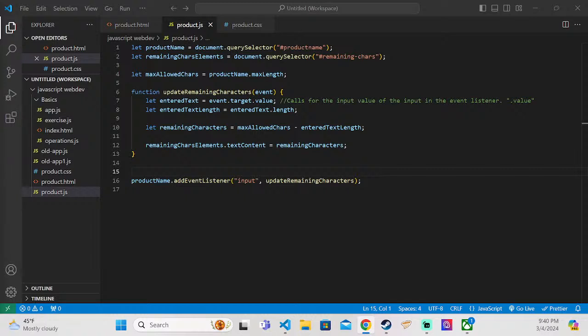Something we cannot do with just HTML and CSS, and therefore we need JavaScript to run our more complex logic. Now that we implemented